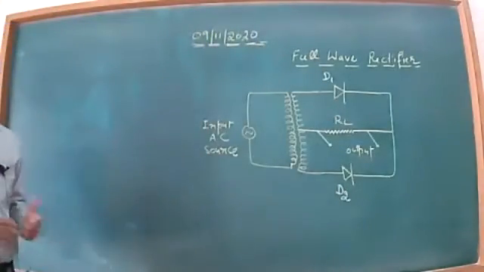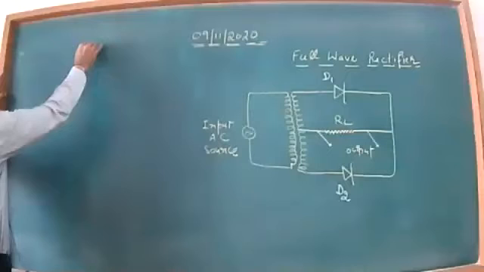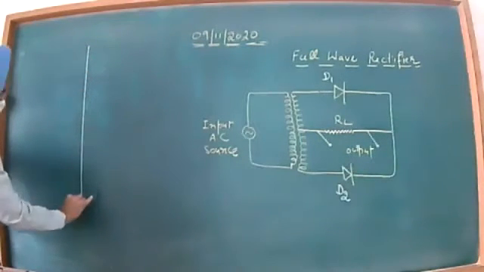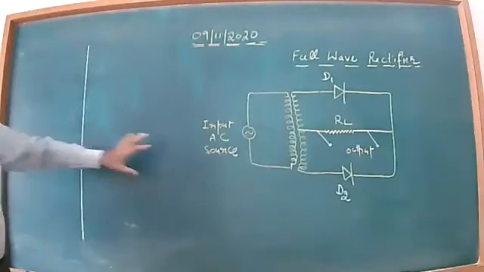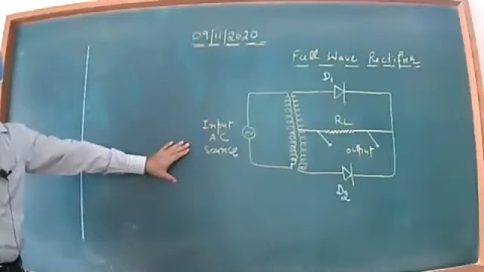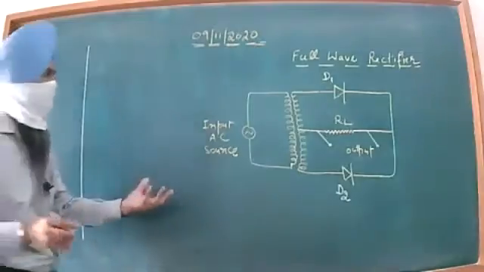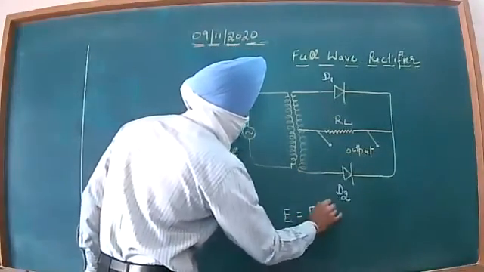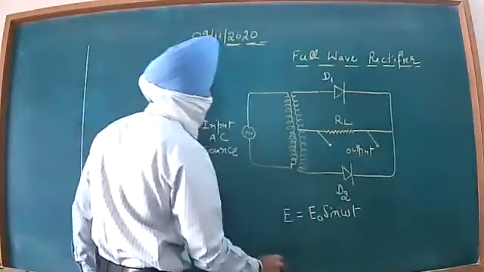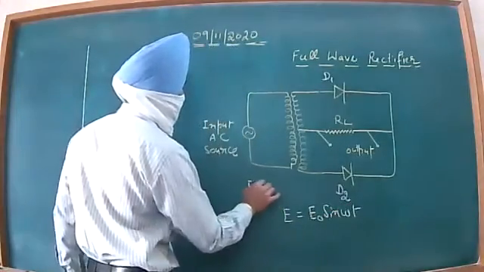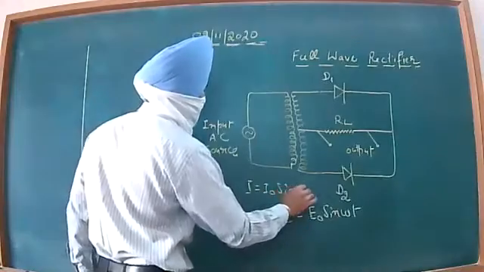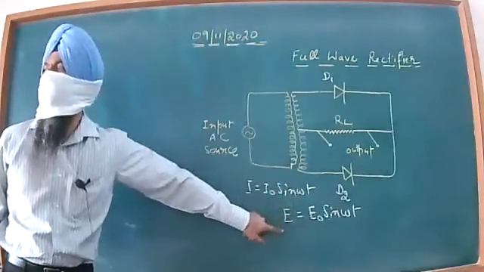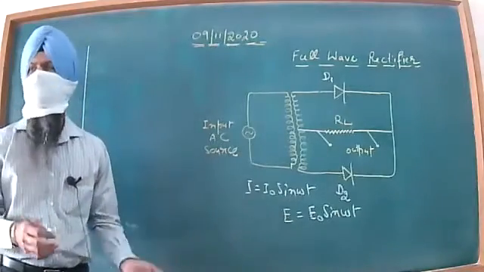And if we side by side draw input as well as output signals, in our alternating current EMI and AC chapter, we have already discussed that beta, your voltage E is equal to E naught sine omega t, or if we talk about the current, I is I naught sine omega t. I mean to say that this current as well as the voltage is always in the sine wave form. So you may choose, this is up to you.